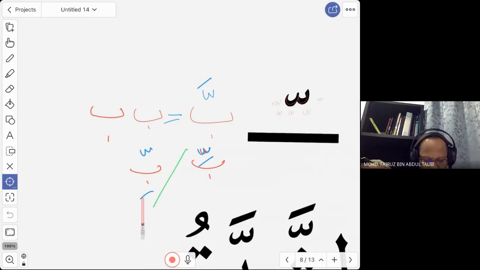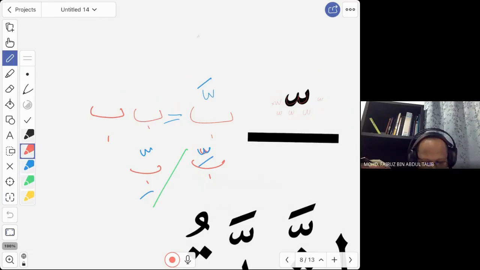This is obvious, a kasrah, but what about this? Even though this is above the ba, above the letter, since this is below the shaddah, we consider this as the same as this. So this is shaddah and a kasrah. So Bi, not ba, yeah? All right, so this is 2. And number 3, ba with a shaddah accompanied by a dhamma. So these are the 3 conditions of shaddah. You will see one of these 3 symbols: shaddah with a fathah, shaddah with a kasrah, or shaddah with a dhamma.